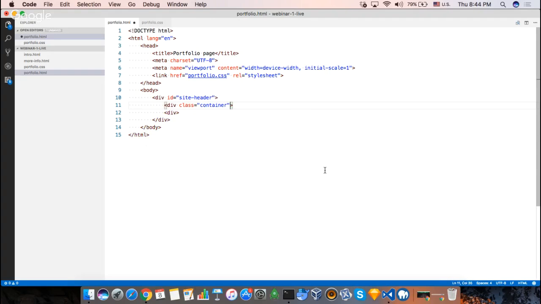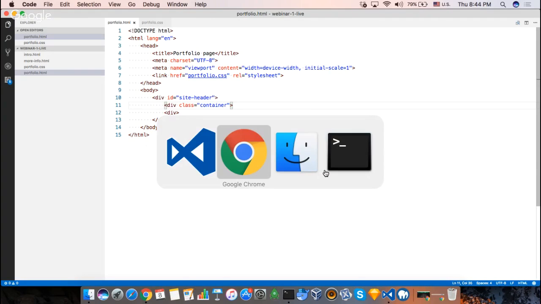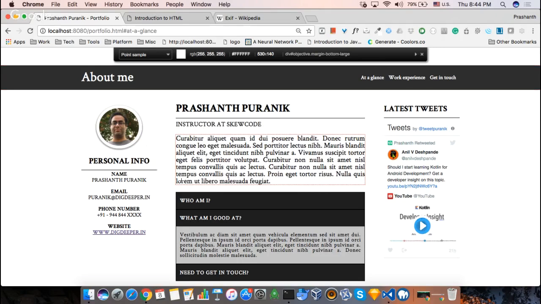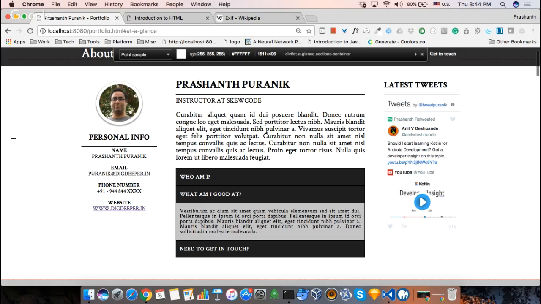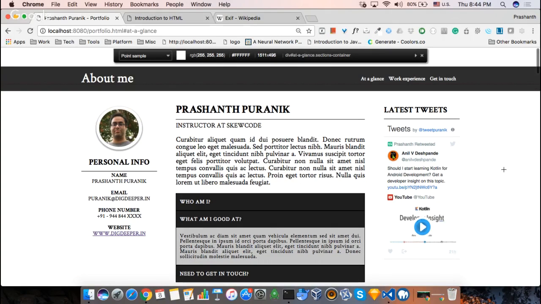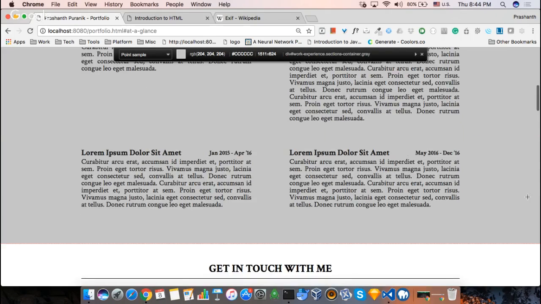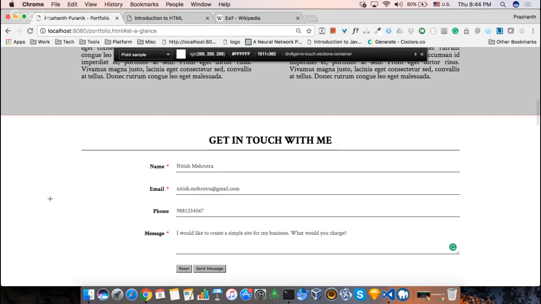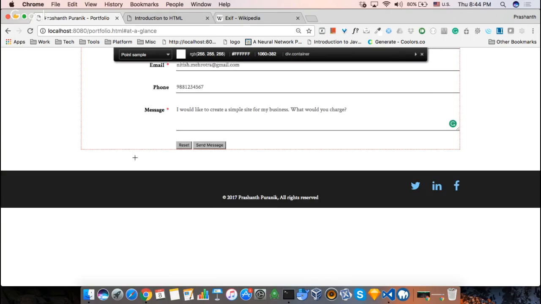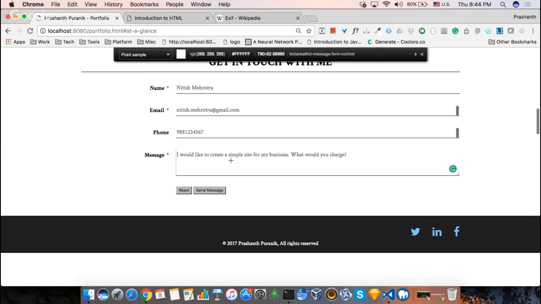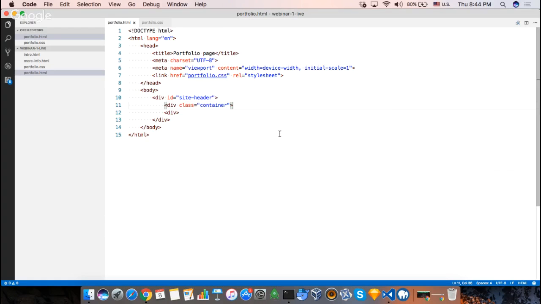Why am I giving it a class? These are decisions you take when you develop the page. So basically, you can see here, for all these elements, there is a sort of an equal margin to the left and to the right. All these boxes that we have decided to create. So it's better that we give a class so that we can reuse that class for each and every one of these elements to give the left and right margins. So for the class equal to container, what I'm going to do,